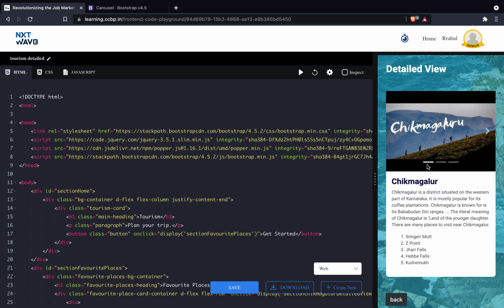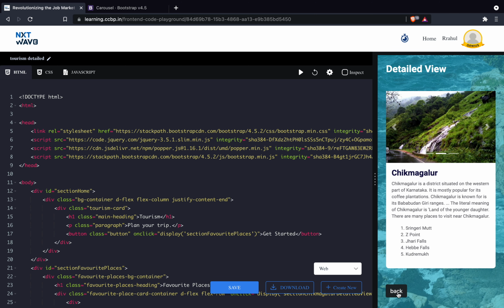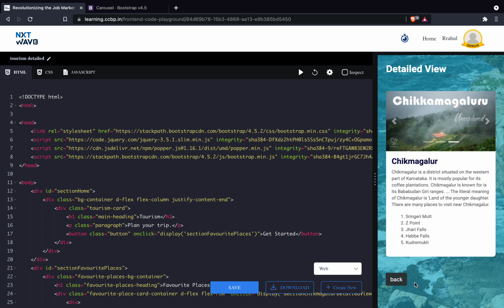Now you can see three pictures of Chikmagalur, and it automatically repeats the pictures, and we call it a carousel. And we can see the heading and paragraph and the nearby places of Chikmagalur. I added a back button also at the bottom. By clicking this back button, we will go back to the favorite places section.